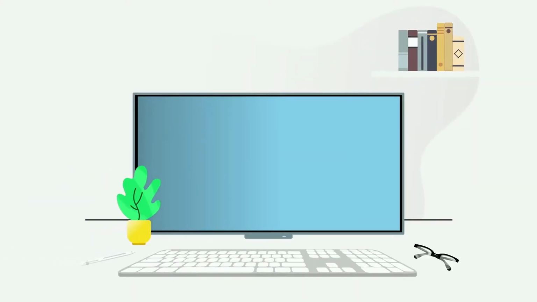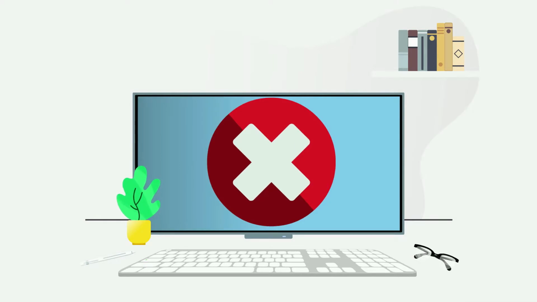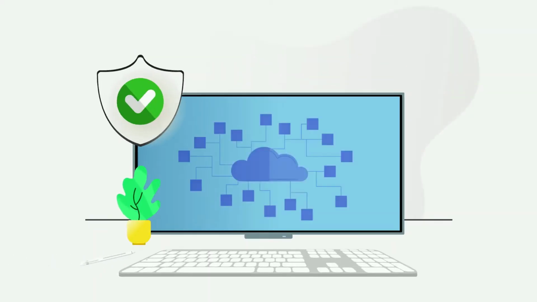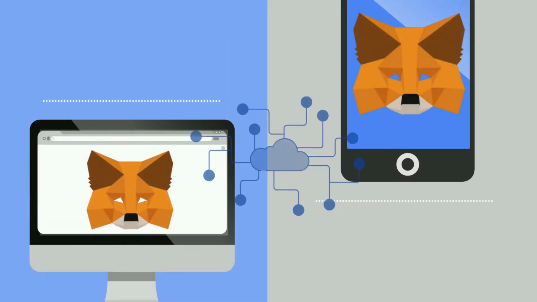Web 2 is the current internet we are used to with platforms like TikTok, Twitter and Instagram, with these platforms being highly centralized and have ultimate authority over their users. Web 3 is looking to decentralize these platforms with implementations of blockchain tech. A popular example of a Web 3 application would be your MetaMask wallet, which offers you complete control over your funds through a browser extension or mobile app.